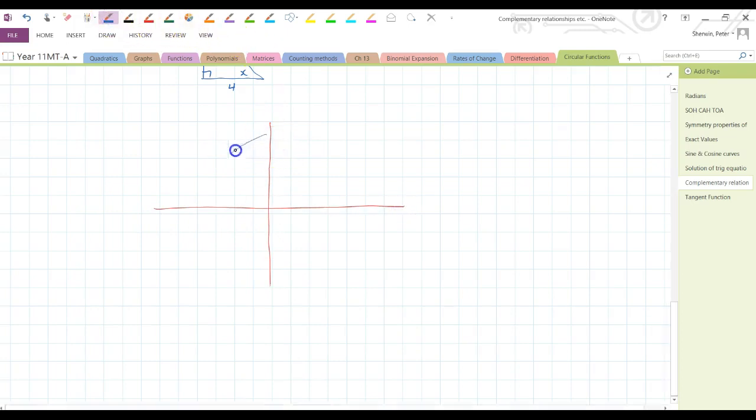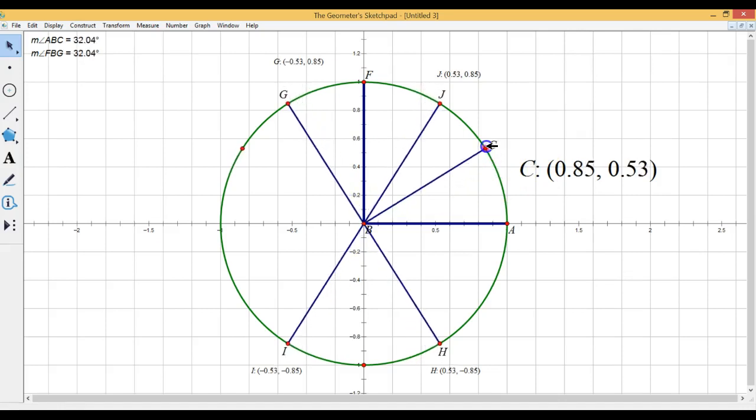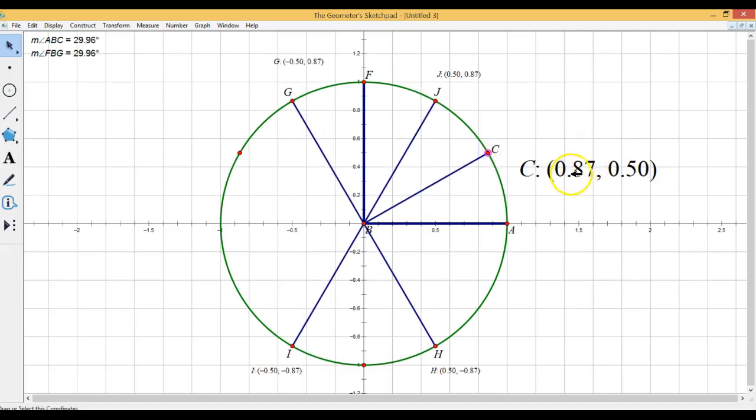So this is what we just saw. The reason I gave it to you on that nice circle here was that the points are all calculated for us, and the really powerful thing is that we can see whatever we move this to, it's now 0.87, 0.5, they just switch there, and so the numerical values just hold. So if we represent that now